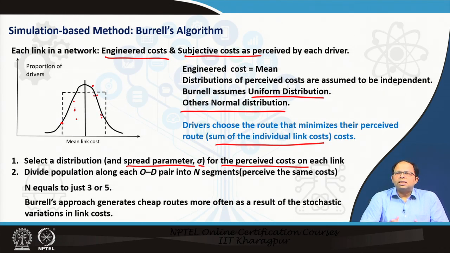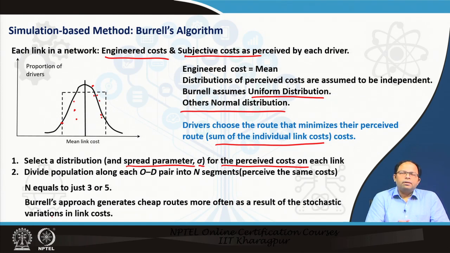We have discussed in some of our earlier lectures that we can use random variables to pick what distribution value would be chosen for a particular person, because we want to assign one person to one particular cost that he has felt. Based on the distribution, we can pick a random number and, using that random number, see what cost a person actually feels for a particular link. So each individual person has to pick a cost for each link, and that will lead to a different shortest path for different routes.